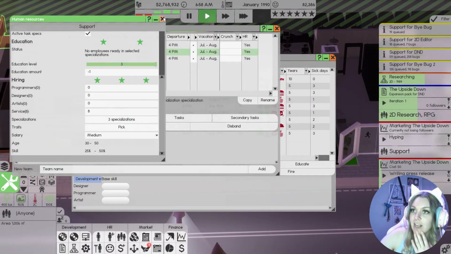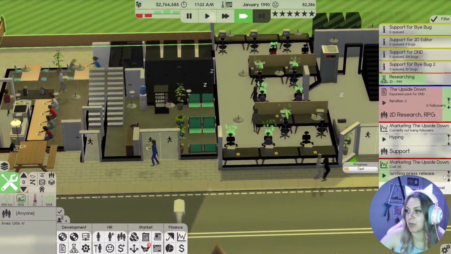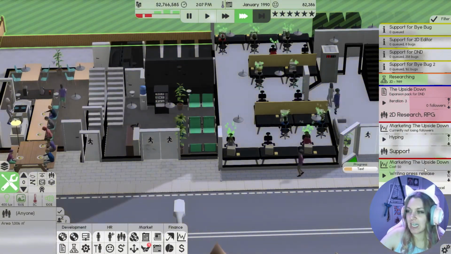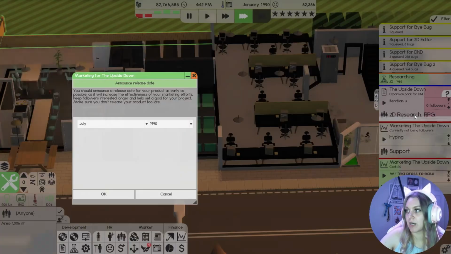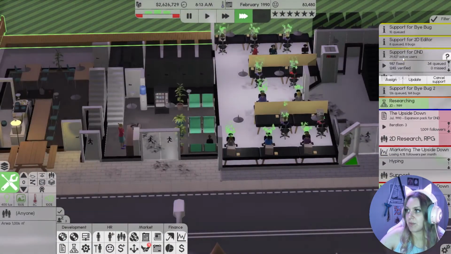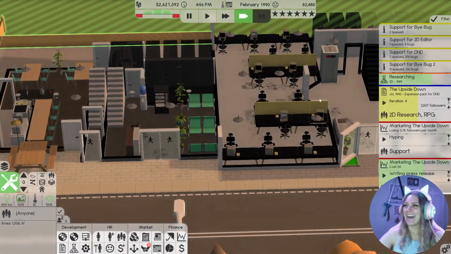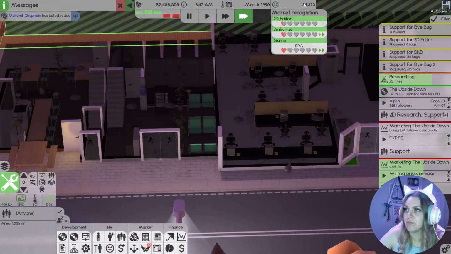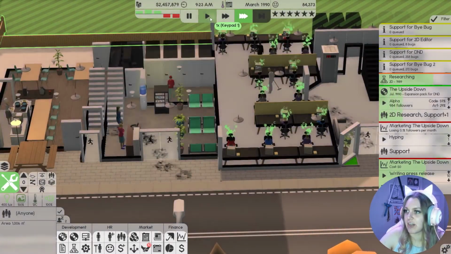Okay. You know what I'm thinking? I think that's a good idea. So hopefully if they have any extra points, they'll put them into marketing as well. Usually for these, we don't necessarily need to market them. We'll just submit a press build. We'll hit market, July, okay, yes. And this will also get people interested in Buy Bug again, or in D&D again. Oh my god. All right, so let's start developing that. We'll skip forward. This is also going to increase our reputation around RPG, which is great and fantastic.